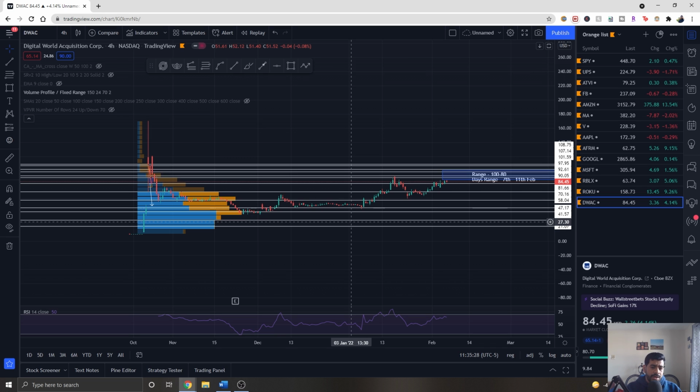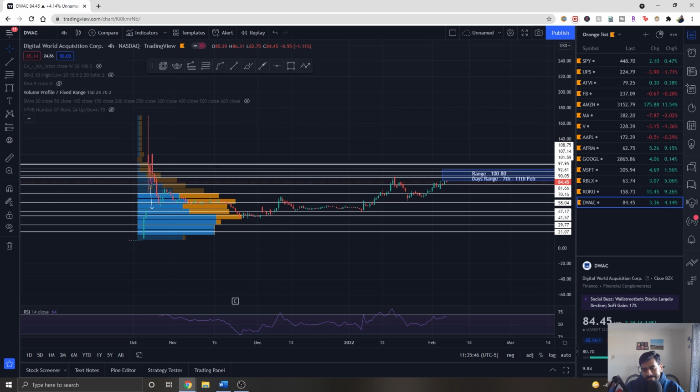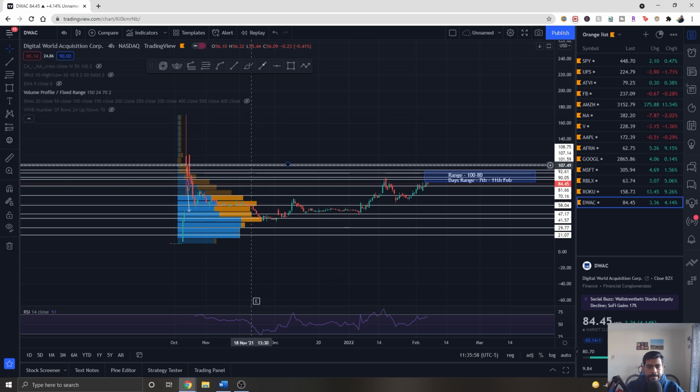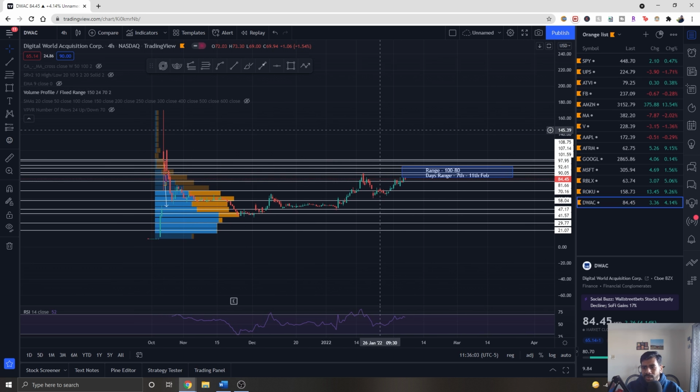I would still suggest not to play with this, because if it is a short squeeze and things go wrong, then it will be terrible. If you are playing with options, that's risky; if you are playing with shares, then it might help you a little bit, but I'm just keeping an eye on it. If it breaches this level, because it respects all these price levels, and once it breaches about $100, then probably I will take a trade. Otherwise, I'm not going to